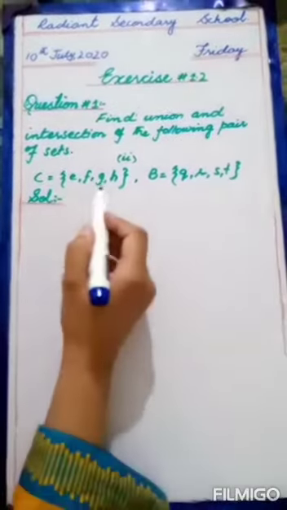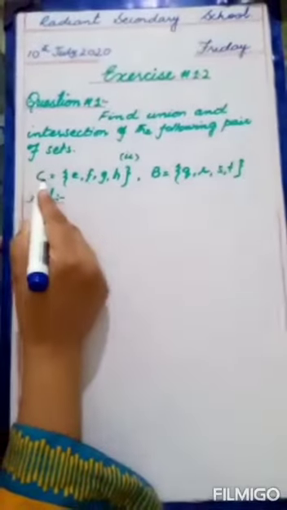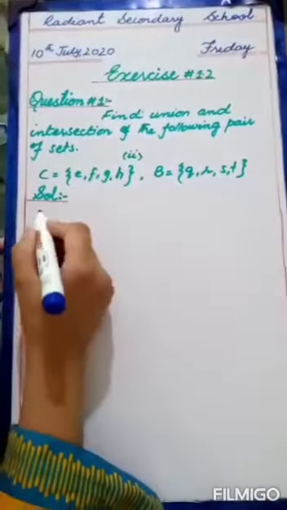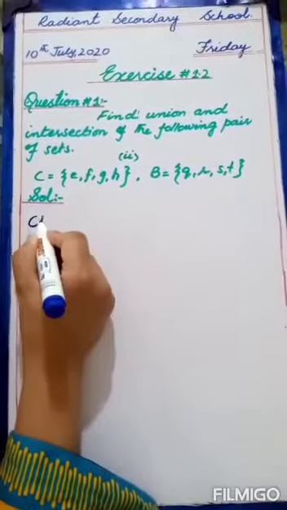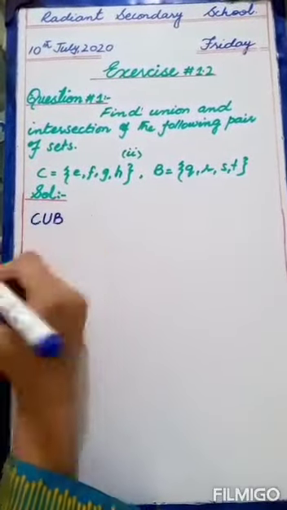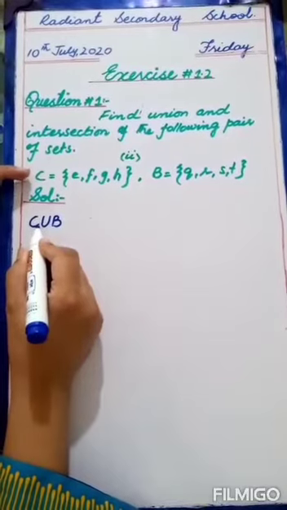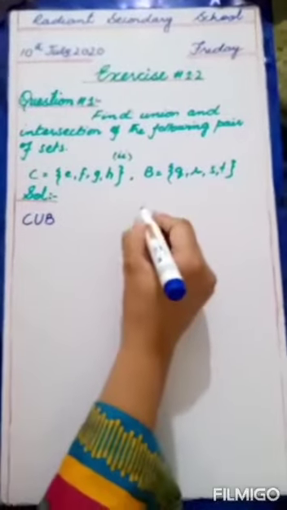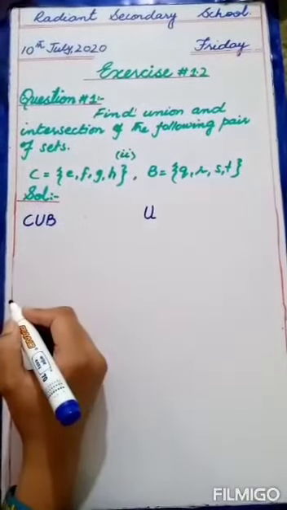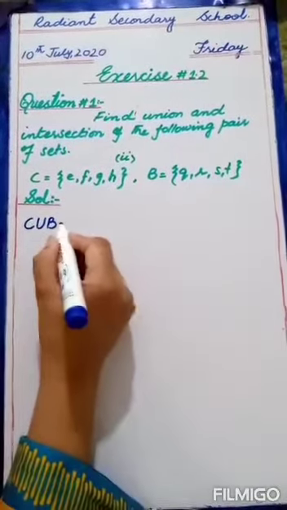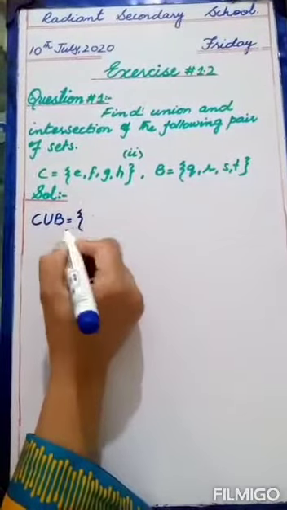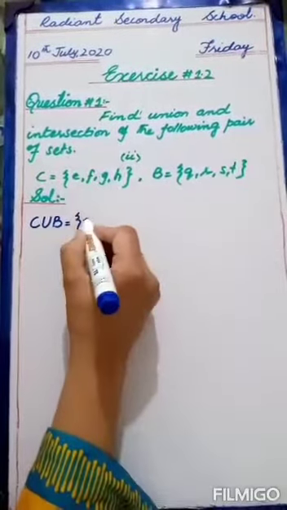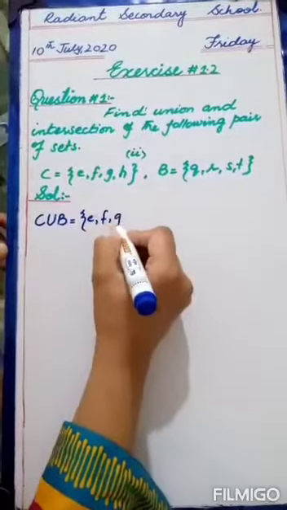Okay, now I am going to solve this question. First of all, we have to take the union of C and B. So we will write C union B. Means this is C, name of the set C, and then B, and this is the symbol of union. You will not write like this. This is U. This is not union. Simple. This is the symbol of union. Okay, is equal to, first of all we will write the sets. The set C is there, E, F, G and H, then union.